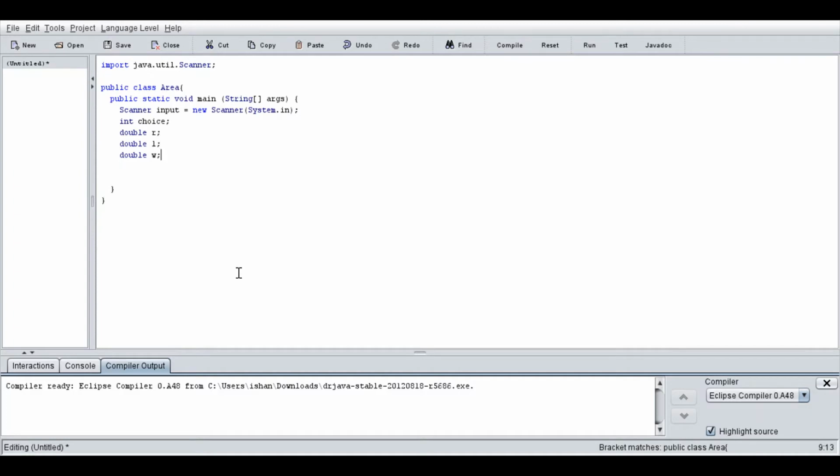So I will output a message to the user asking them for input. System.out.println("Choose a shape, enter 1 for circle and 2 for rectangle"); Next I will ask the user for input. I will use the variable choice = input.nextInt();